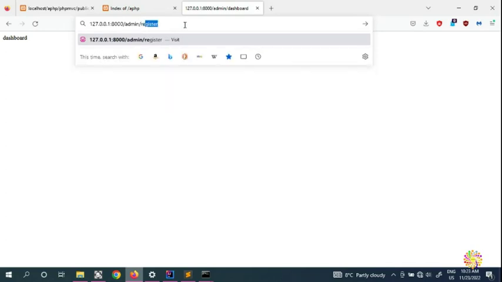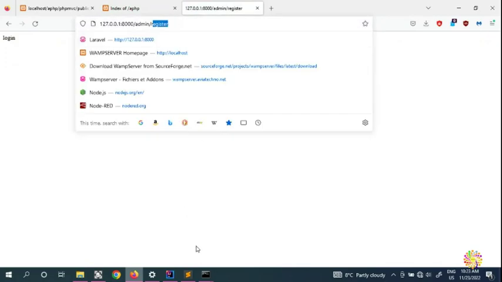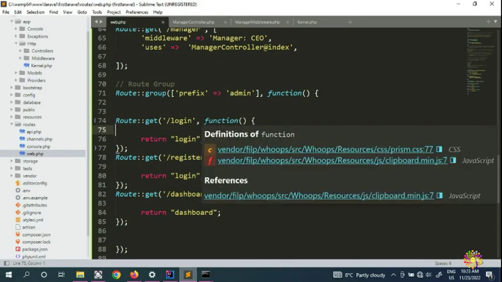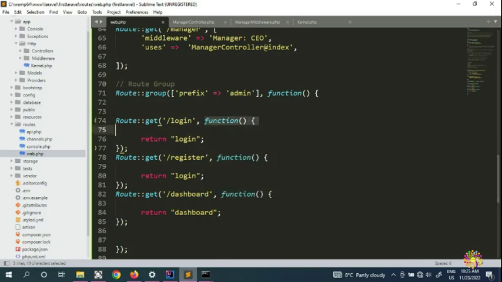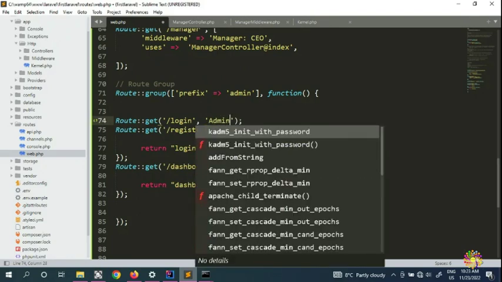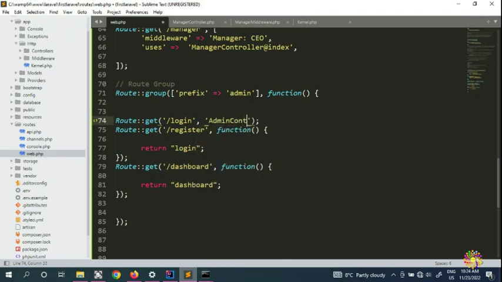For example, I'm gonna put a register, and I'm gonna come and log in, because of the help of this prefix. So now you're gonna ask me what happens if you have, say for example, a controller. Yeah, by all means you can still have your controller. Say for example, if you want to remove this function, you can remove this and put an admin controller